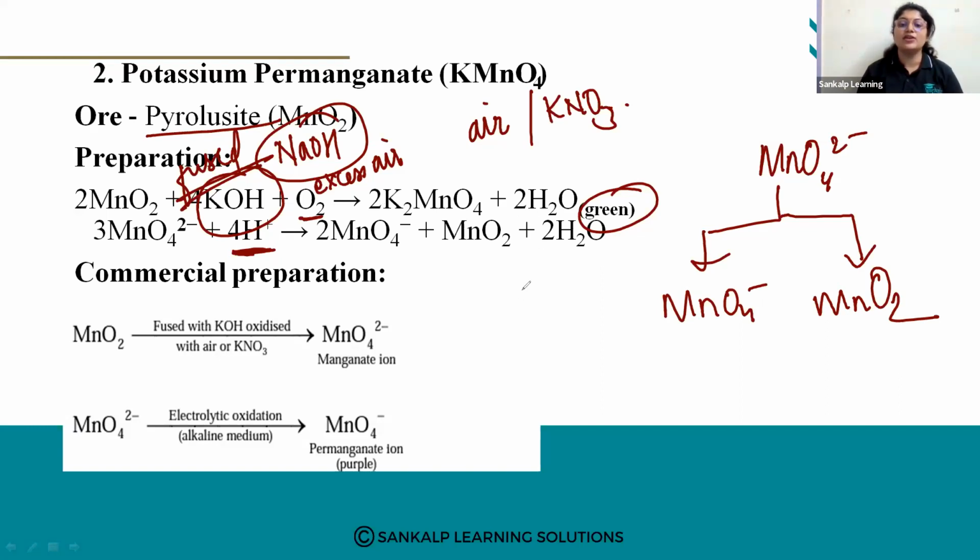That is KMnO4. In the commercial preparation, MnO2 is fused with KOH, or oxidized with air or KNO3, to give the manganate ion. This manganate ion further undergoes electrolytic oxidation, or a disproportionation reaction, to give the permanganate ion, which is